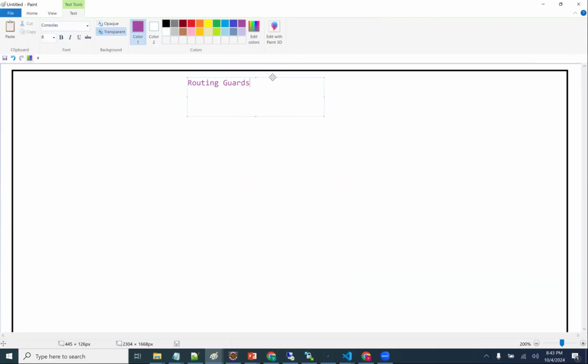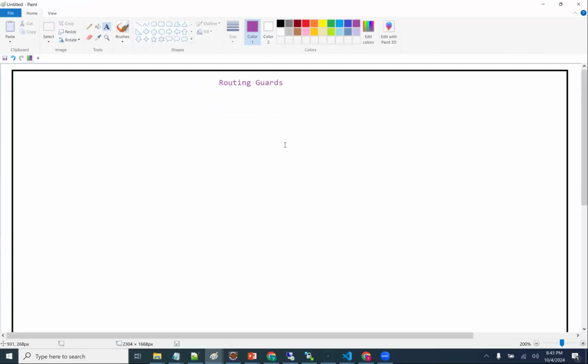Especially with 3+ years of experience, this topic is useful. Routing guards are useful, especially for 3+ years of experience. But don't keep that limit. Sometimes 1+ or 2+ years also they are asking. That's a different story. But to get an idea of routing guards, at minimum you should have knowledge, guys. Routing guards is the next level. I can say it is an advanced topic.